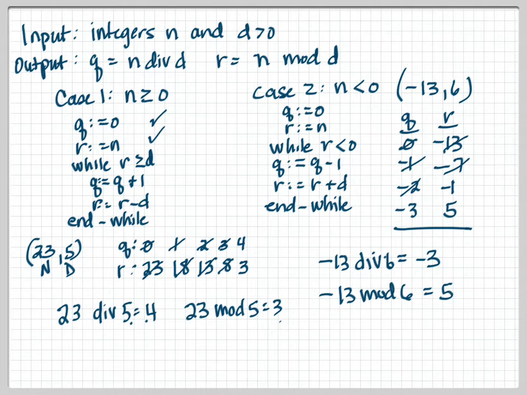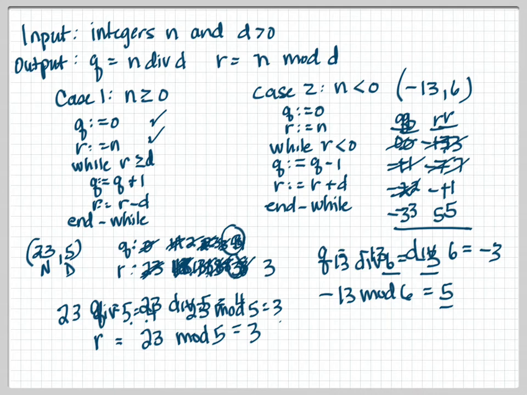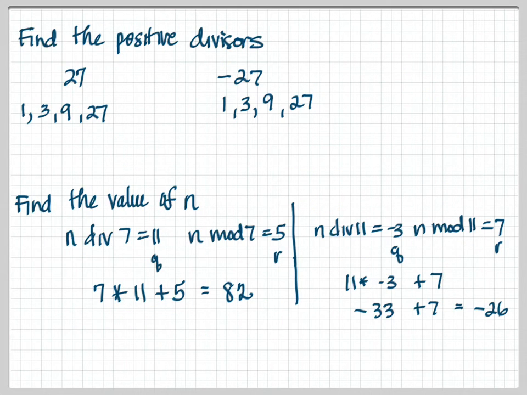All right, so that makes sense because if I take 6 times minus 3, I get minus 18, plus the remainder of 5 brings me back down to minus 13. Okay, let's go to the next slide. The next thing we want to work on